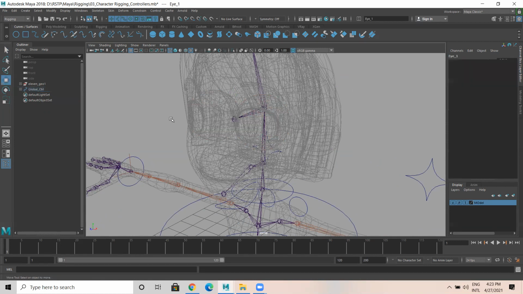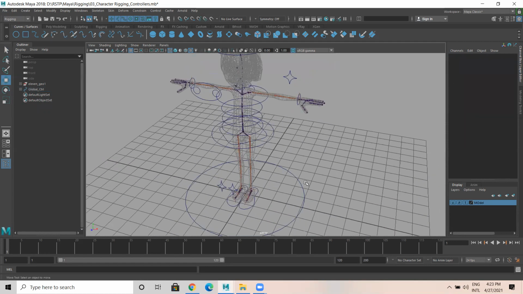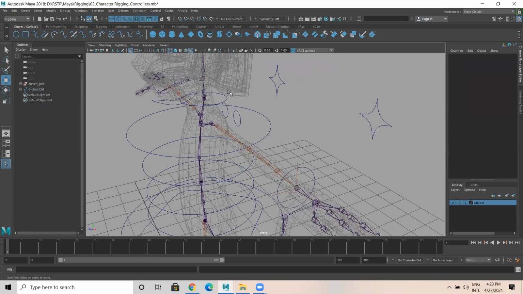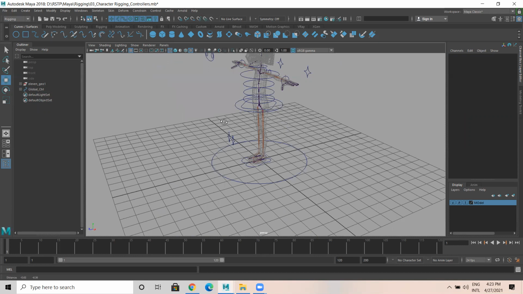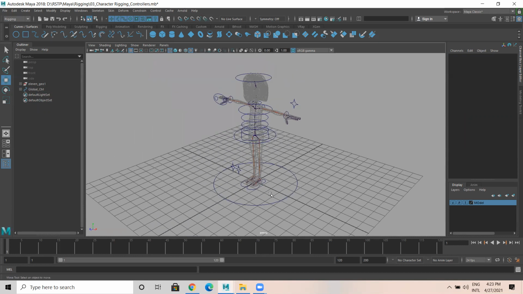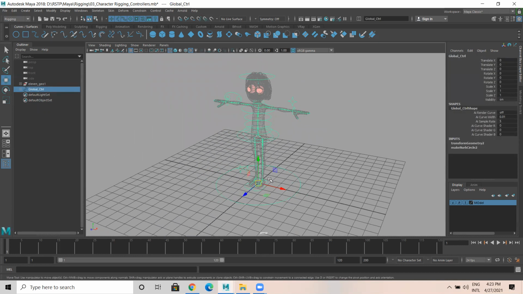I1 is there, no? That joint. I1 or in front, what is that? I2. And this is the I1 joint.